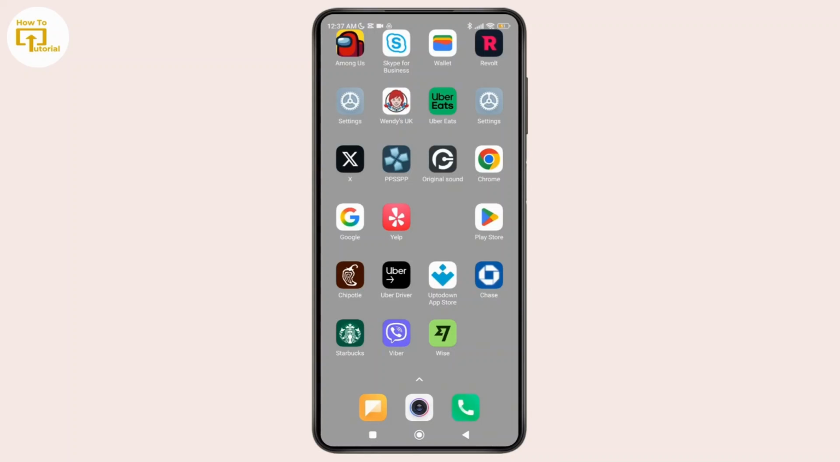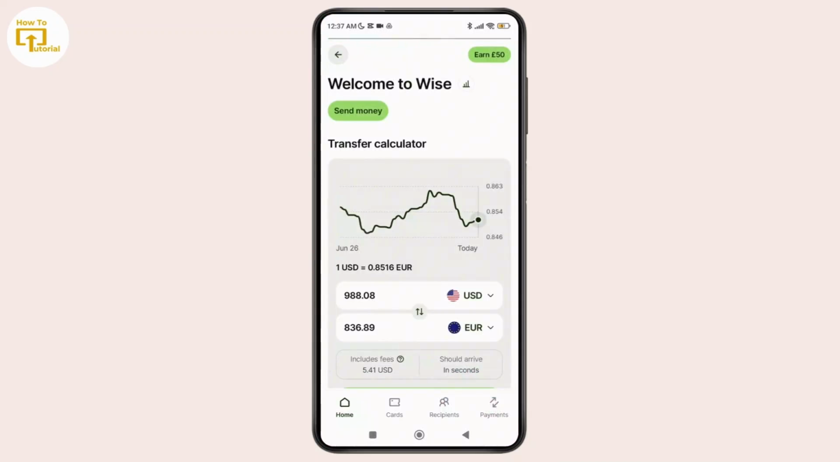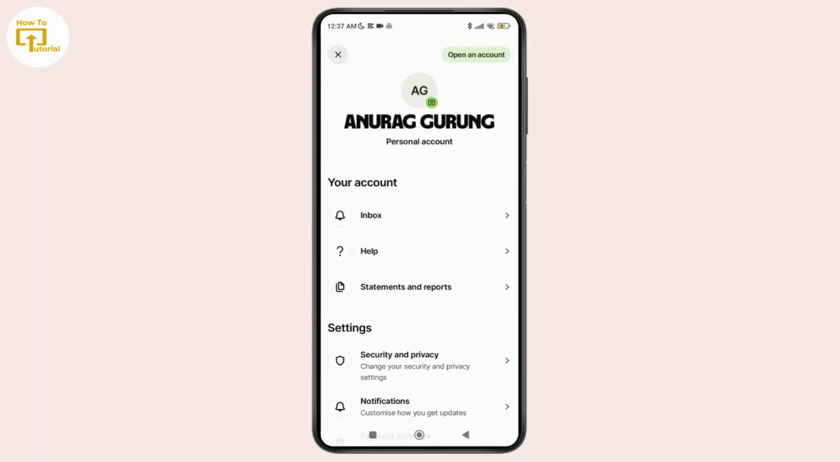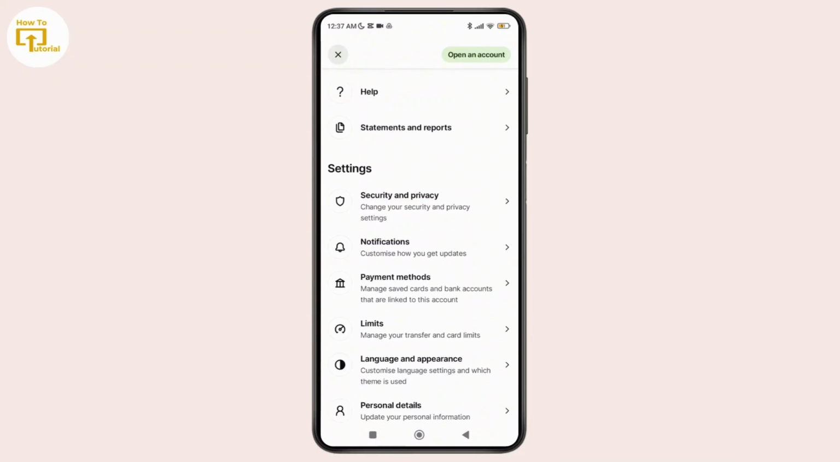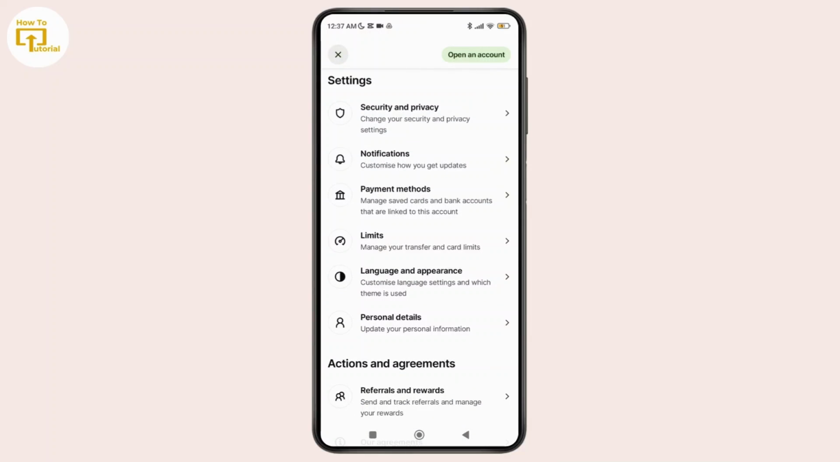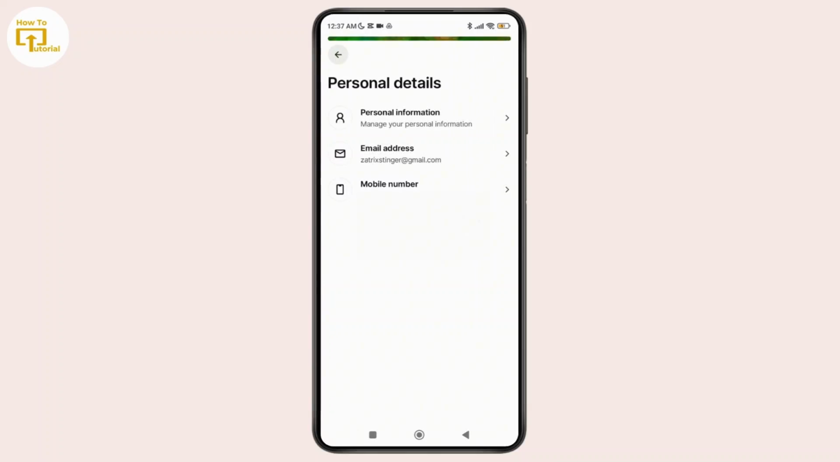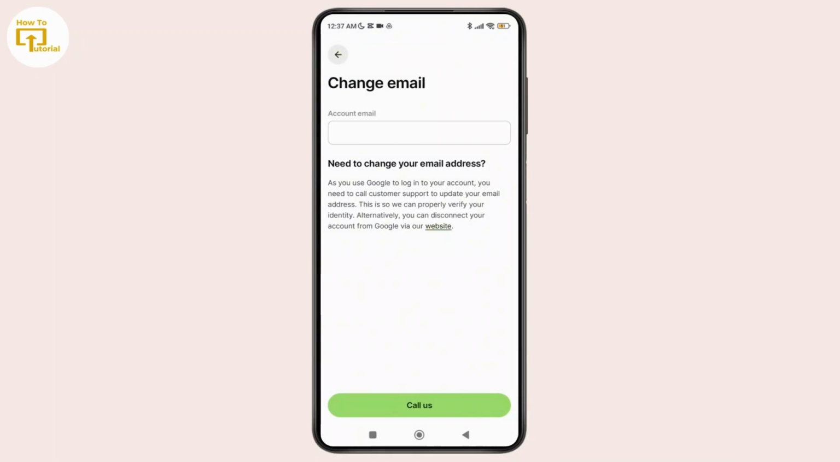So first things first, open the Wise app on your phone and make sure that you're logged in to your account. And now here, once inside the app, you can just tap on the profile icon at the top left side, and after that you just have to scroll down and tap on the option labeled as personal details. And now here you just have to tap on email address, and on the next page you just have to